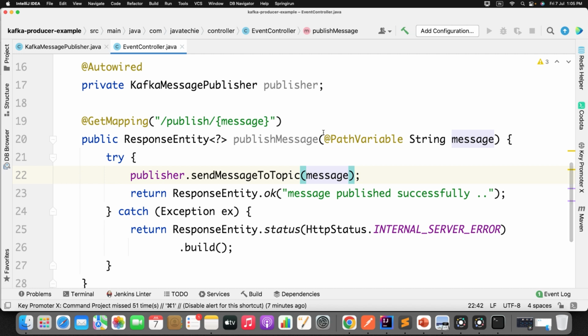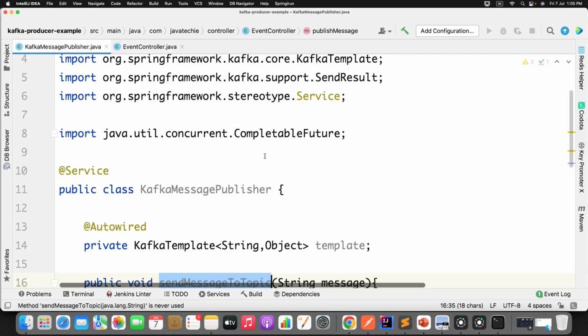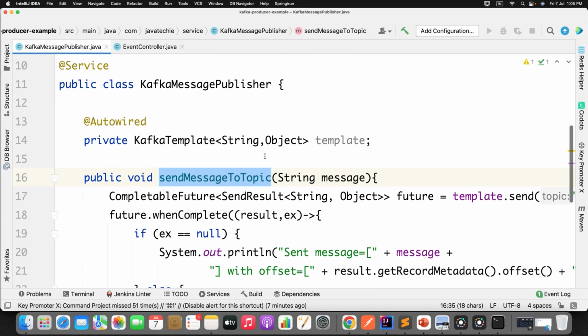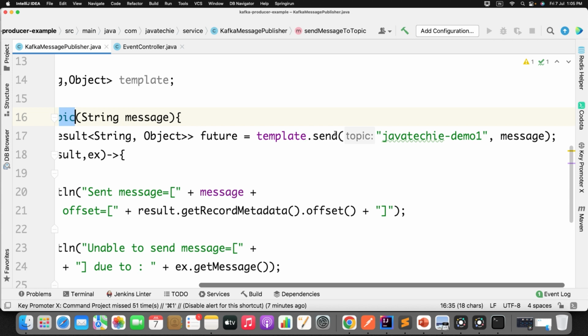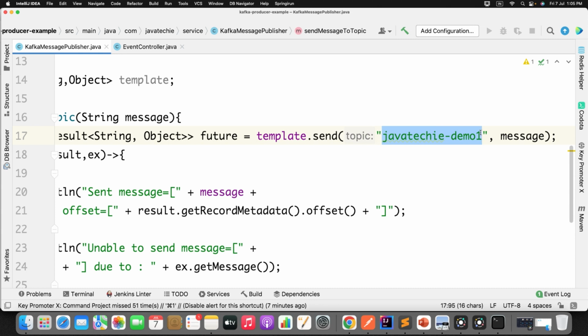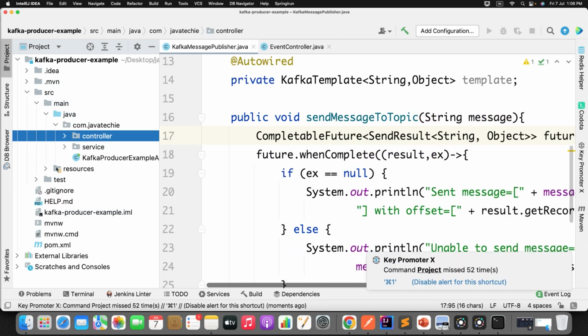Okay, I mean the application. Now if you observe one thing, we have not created the topic manually. While sending the messages using this Kafka template, I am just giving the topic name, but I have not created it manually through the command prompt. So whether Spring Boot will create the topic for us or not, that we are going to verify. If Spring Boot creates the topic on our behalf, then what default configuration it will add, that we are going to verify now. Okay, so all good. Let me go to the main class,